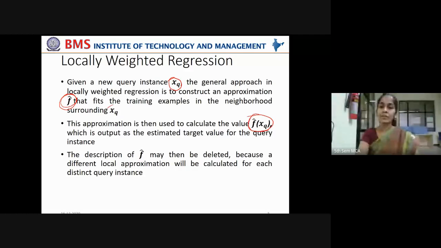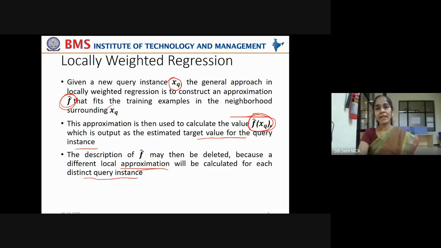Okay, so this F cap of xq is the estimated value of xq, be it a regression or classification. That is the expected target value of xq, the target function associated with xq. That is the new data instance xq, right? Which is output as the estimated target value for the query instance, right? Now the description of F cap may then be deleted because a different local approximation will be calculated for each distinct